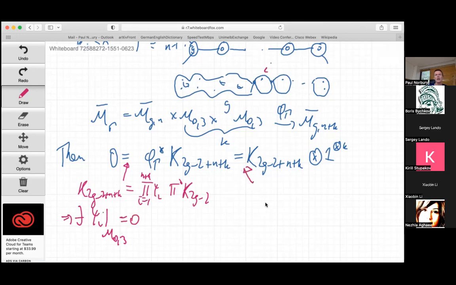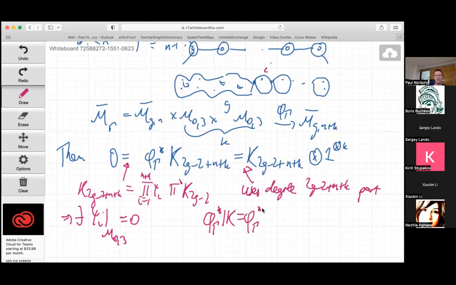And then the second one uses the degree 2g-2+n+k part of this. Recall that we spent the first couple of lectures hopefully getting familiar with the fact that when we restrict this, we get that this restricts,